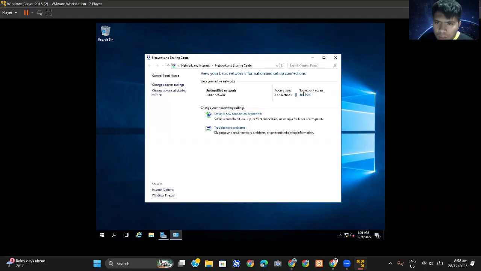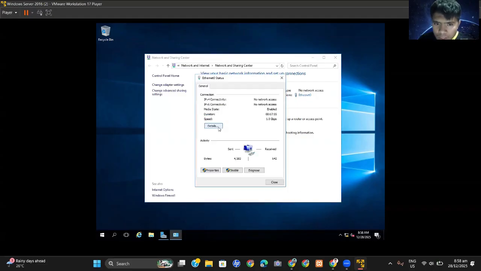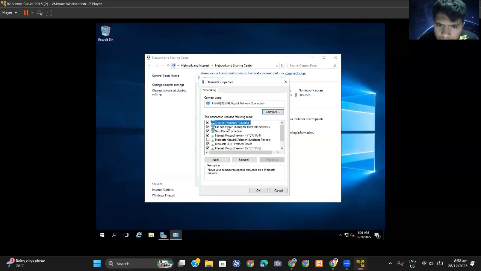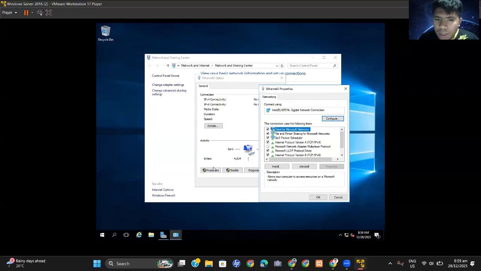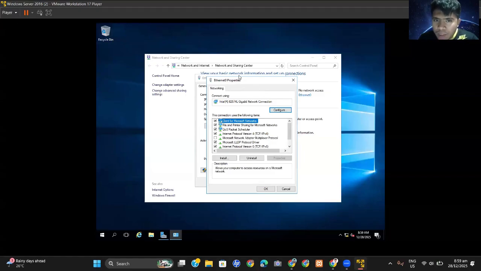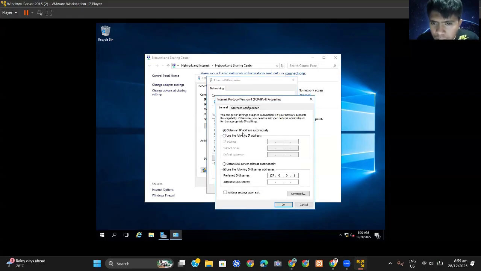So as you can see, here in the properties, you need to open the Network and Sharing Center, then choose the connection which is the Ethernet. Then in the Ethernet we need to click Properties. Then in the properties, you will be directed to Ethernet0 Networking Properties. Then choose the IPv4 here. So as you can see, the option is obtain an IP automatically, but we will utilize the static one so we can control it.